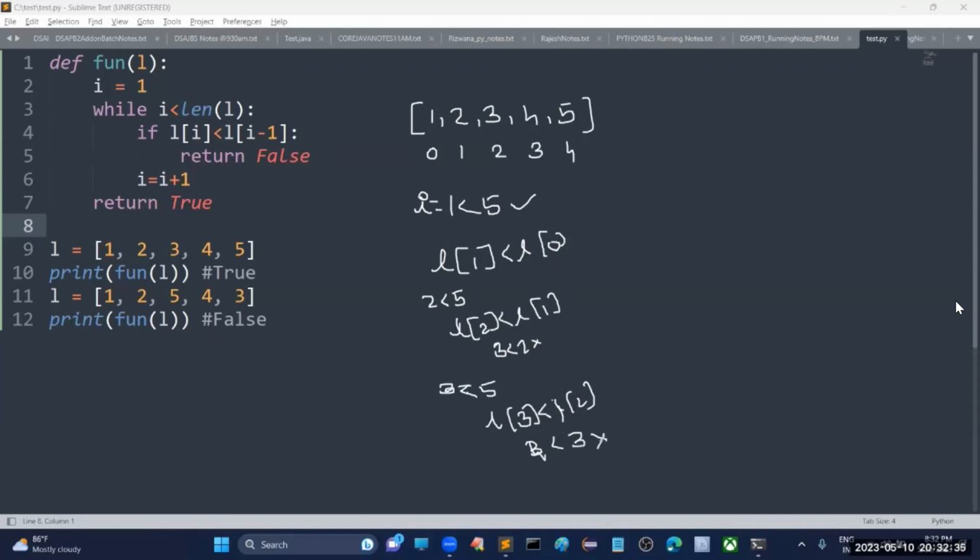Condition not satisfied. Then what will happen? i is equal to 4. 4 is less than 5. Is 5 less than the previous element, that is 4? Condition is not satisfied. Now i becomes 5, and 5 is not less than 5. The main while loop is going to terminate and